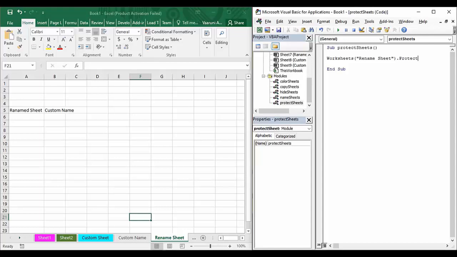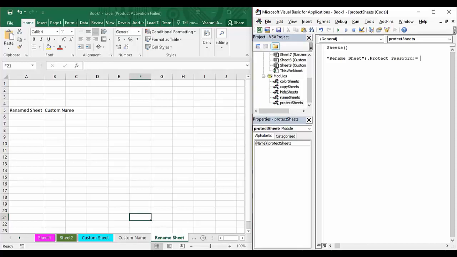Now, a general convention is that you protect your sheet using a password. I have protected my sheet. The next thing I need to do is provide it with a password. For the password, you just need to put a space, then write the keyword Password. In Visual Basic, whenever we write a keyword like this, we put a colon and then an equal sign. That is the same convention we used with the After and Before keywords. So we do the same thing here: use the colon and the equal sign, and then provide a password for your sheet.